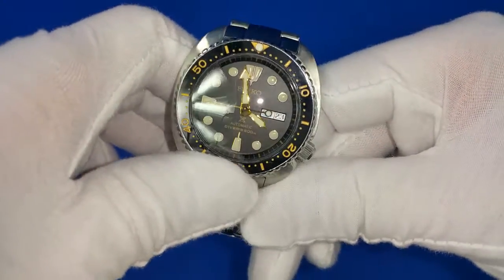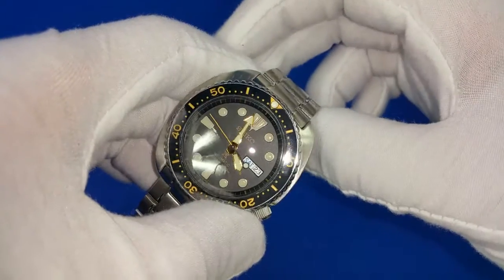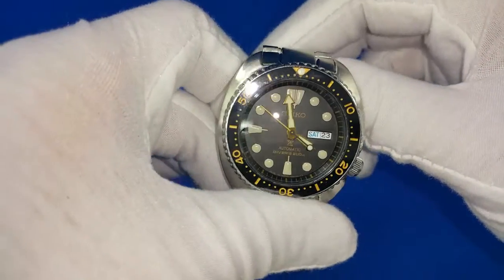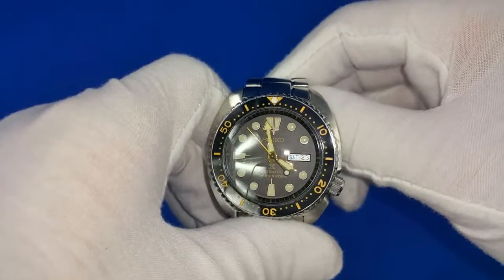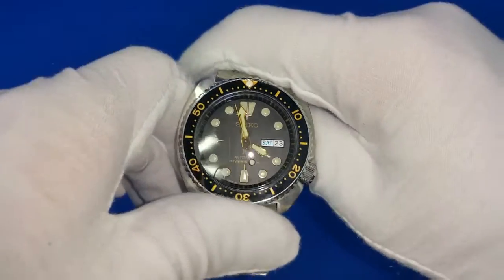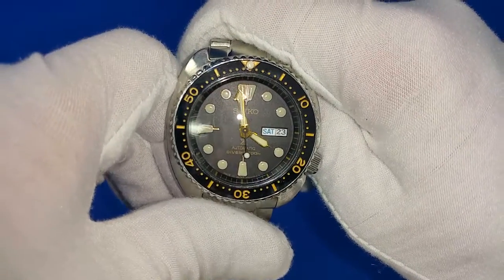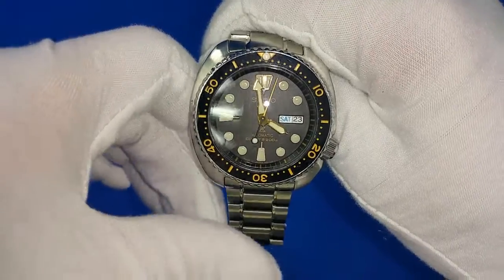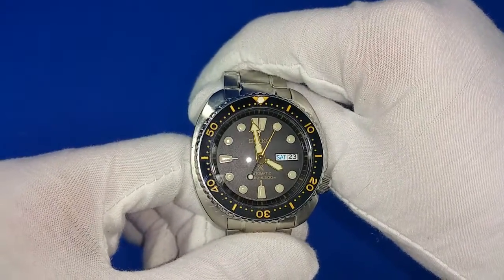And then what I did was I got a yellow tinted sapphire crystal from Crystal Times, and it was really yellow. It was like smoked yellow. I'll be honest, it was hard to see. And you might see it, actually, in another video, not on this particular watch, but I showed it for some reason, and maybe it was on my wrist at the time, I'm not sure. But it was really, really yellow. This one is clear,